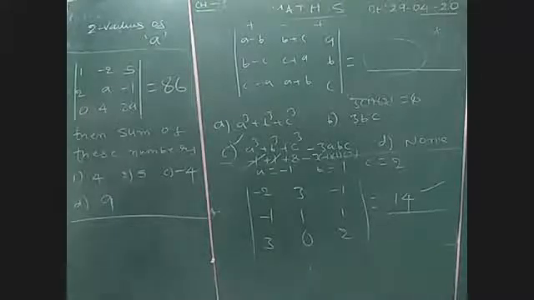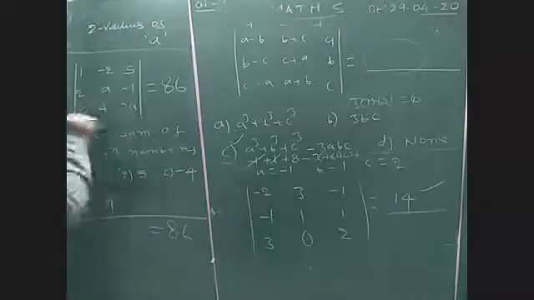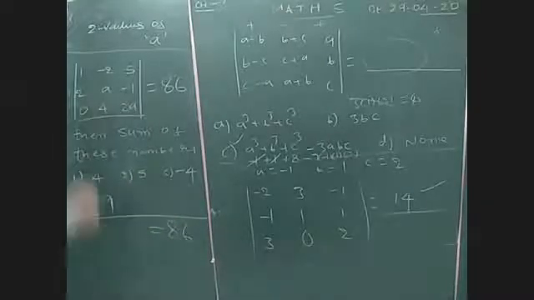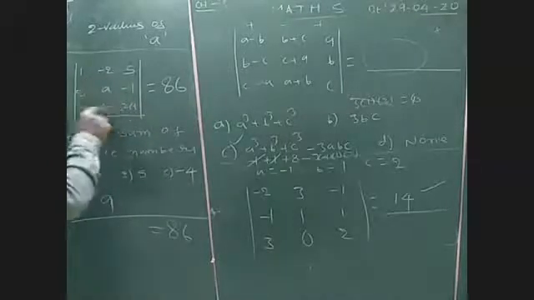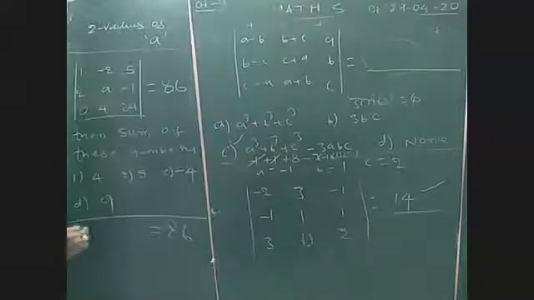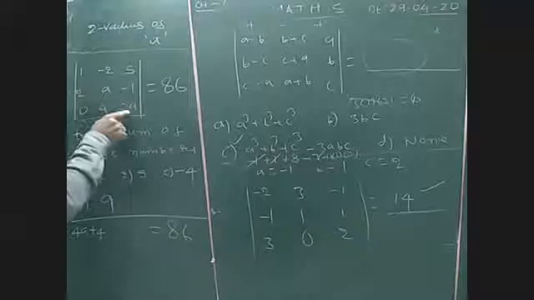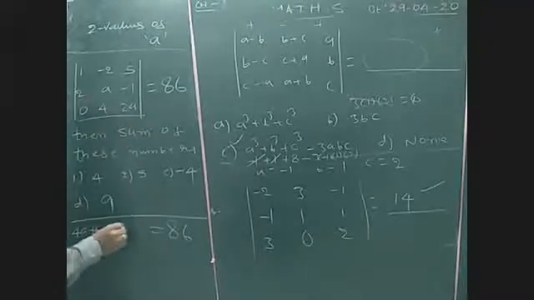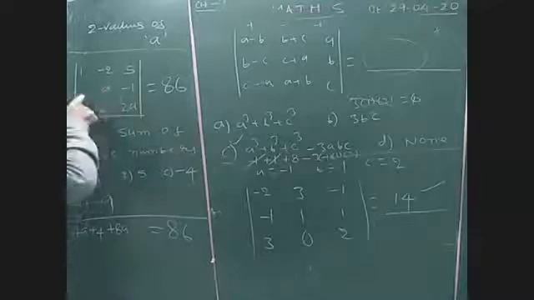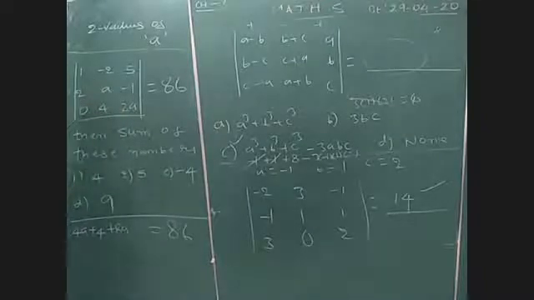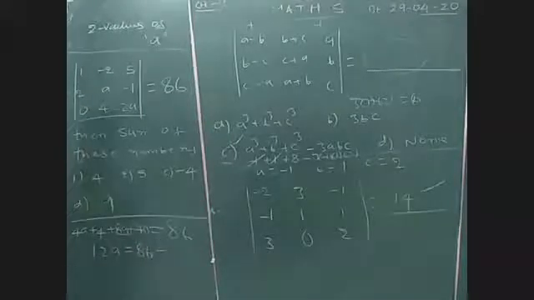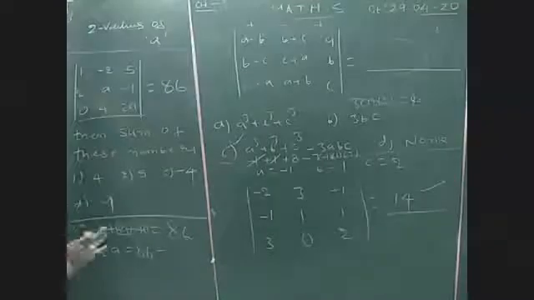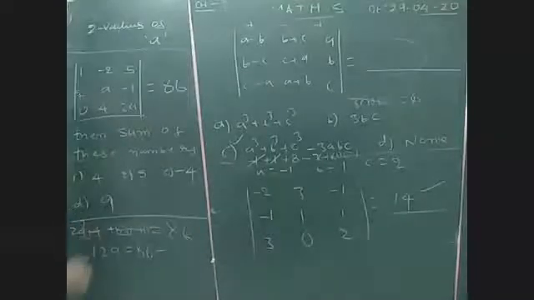After expanding, what is the equation you got? What is the left side value of the determinant? 1 into 4a plus 4, so 4a plus 4, plus 2 into 4a, nothing but plus 8a. Here 5 into 8 is 40, 12a, and it will be 2a square plus 4. Yes, sir, 2a square plus 4.